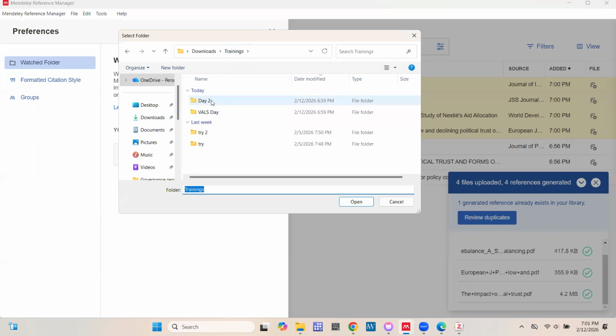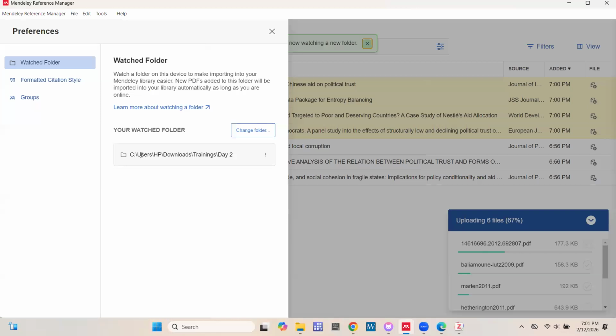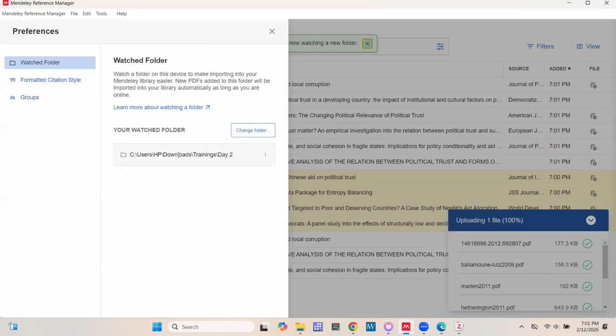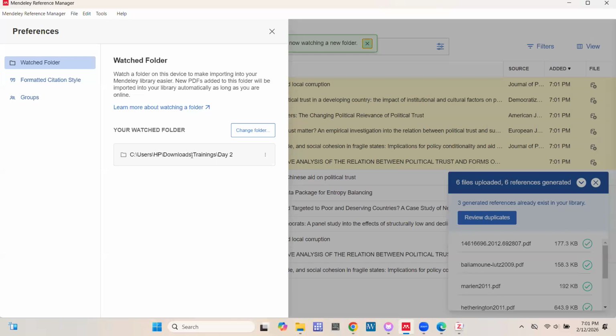If we now change the folder to day 2 and open, you realize that it now changes the watch folder to day 2. So I think it's able to watch 1 folder at a time. Once we change it, it will switch its attention and focus to the new folder you've asked it to watch.